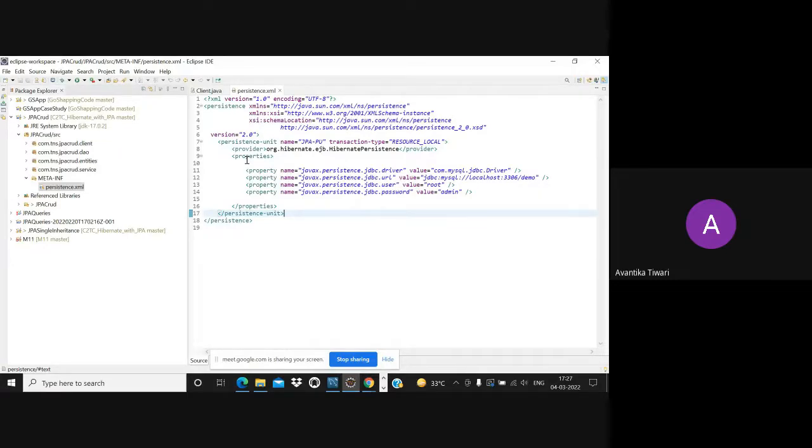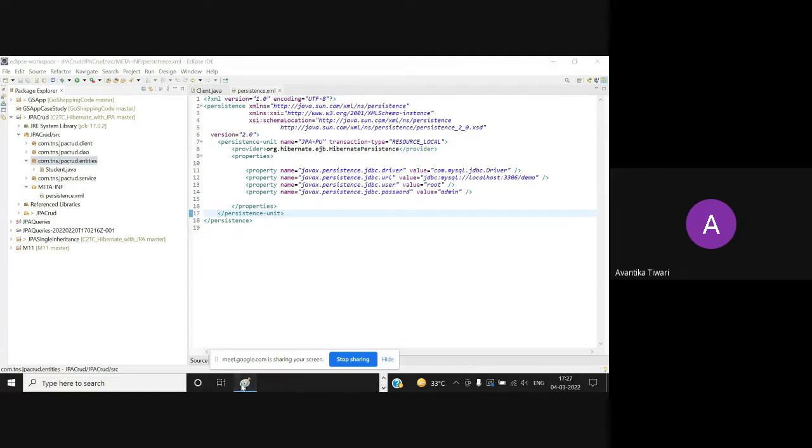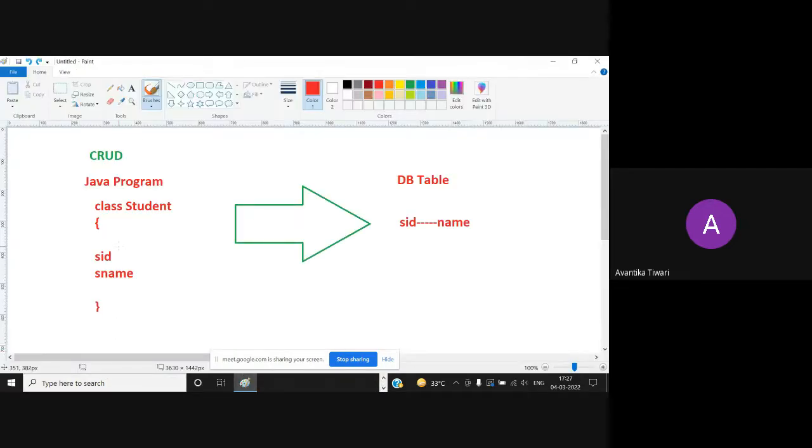Now there is one more file called the entity file. I told you that in my Java program, we will be creating one class and I will keep the name of the class as student, and the class will have variables like student ID and student name.